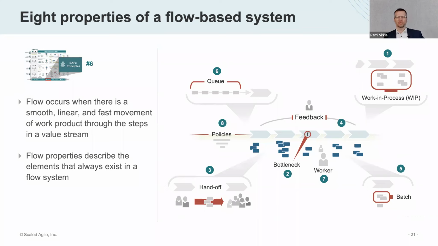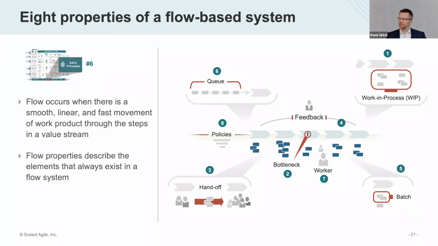And you remember that to get rid of the implications of the bottleneck, there are a couple of ways. Of course, you can increase the capacity on the bottleneck. That's quite expensive, especially if deep knowledge is needed. How about just making the batch size smaller? And that's typically the best way to get rid of the impact of the bottleneck.